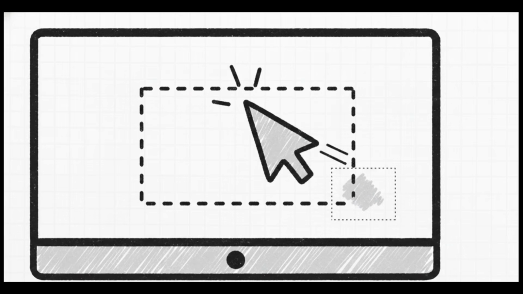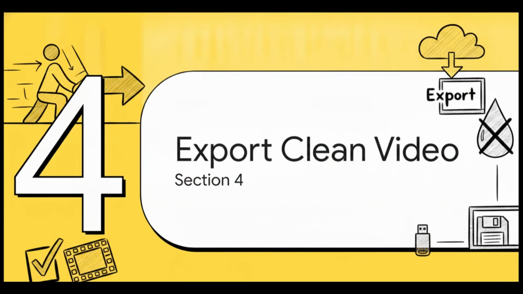Okay, so once you select the Spot Remover, you'll immediately see a rectangular box pop up on your video preview screen. You simply click and drag that box directly over the watermark sitting right there in the corner. And let me tell you, it is incredibly satisfying to do. The software automatically fades the watermark out. It basically just vanishes into the background. Now just remember, you do need to repeat this exact same process for every single clip you dragged onto your timeline.